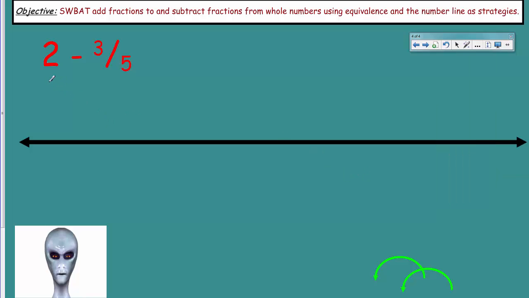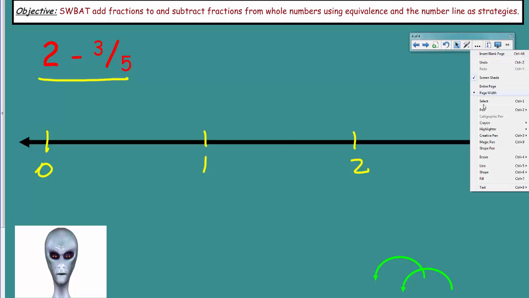Okay, so here we go with this problem. Now we have 2 minus 3/5. And I'm going to go ahead and mark this as 0. Let's go ahead and put this as 3, making sure that we have covered. That's 1 and that's 2. And it's pretty close. We'll slide you down a little bit. Come on down a bit. There. Make it a little bit better. Now,